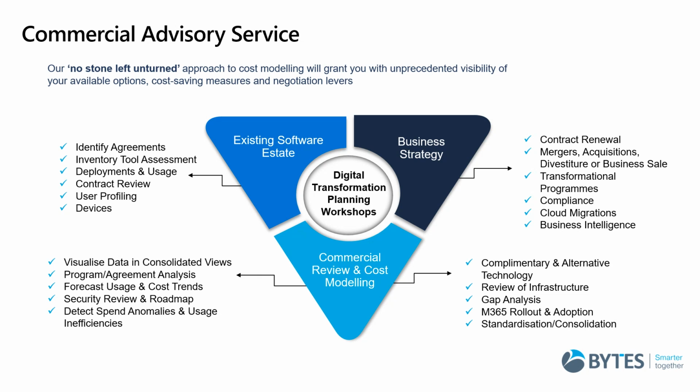Targeted more to medium to large enterprises is a commercial advisory service, which is quite a detailed and in-depth digital transformation planning workshop, as you'll see. So you'll spend time with our consultants to go through all the details of what you've invested technology-wise, where the Microsoft toolset sits, where the other vendors sit, where there's potential for savings depending on your use cases. But it's quite a complex, involved